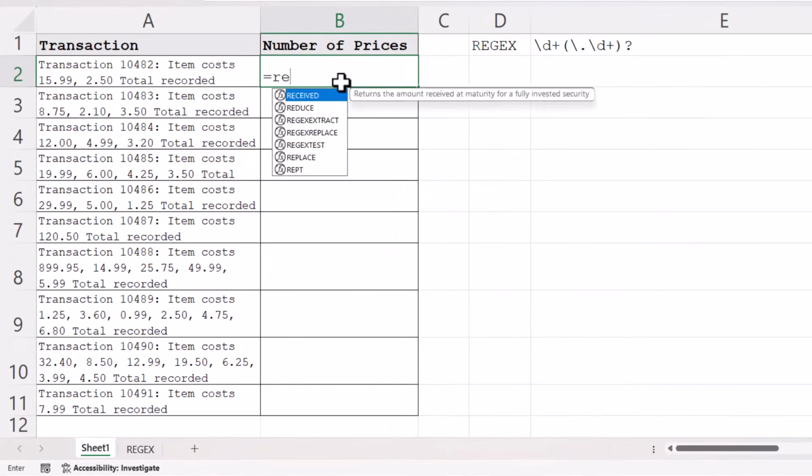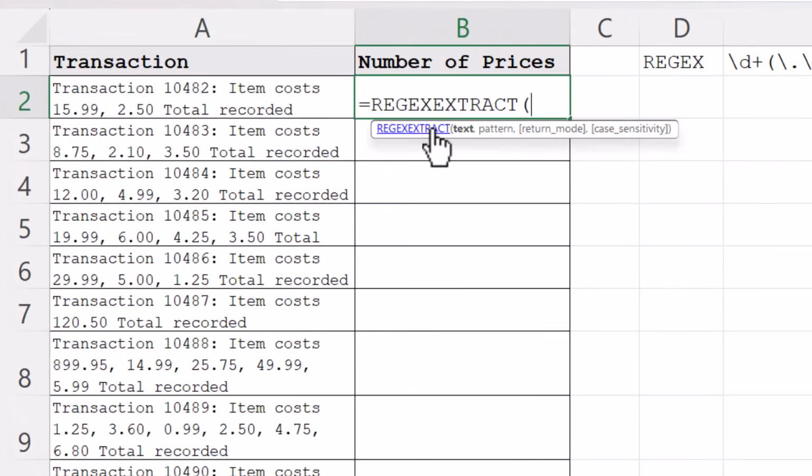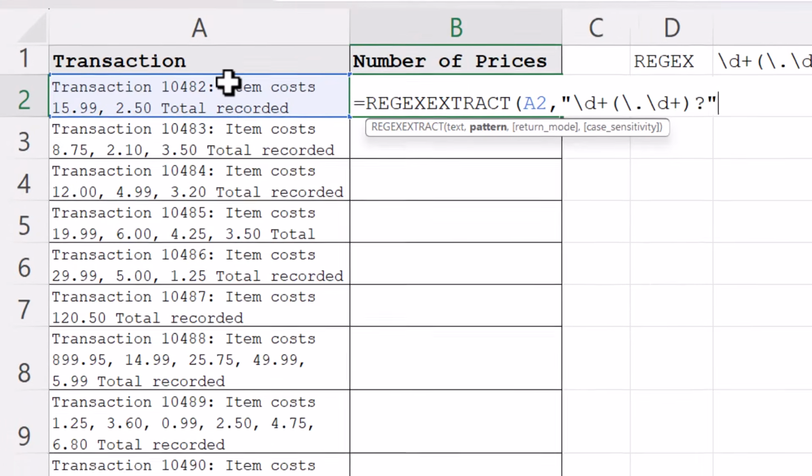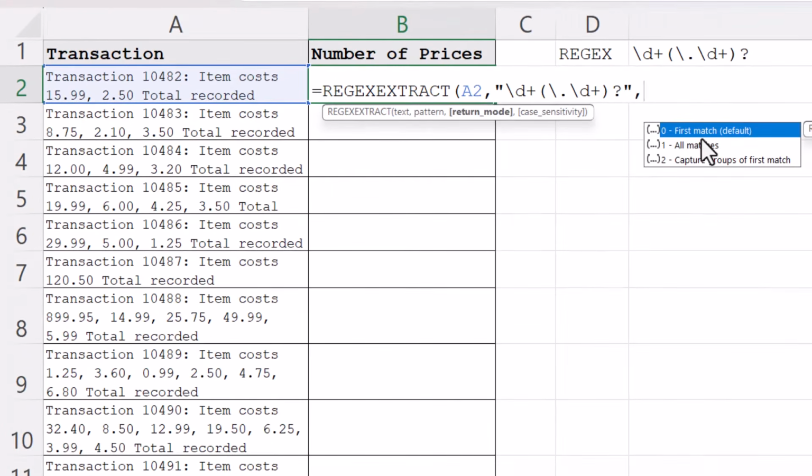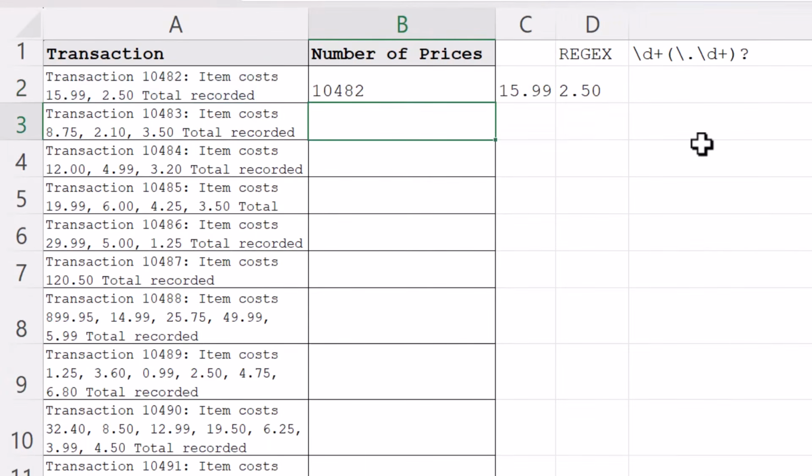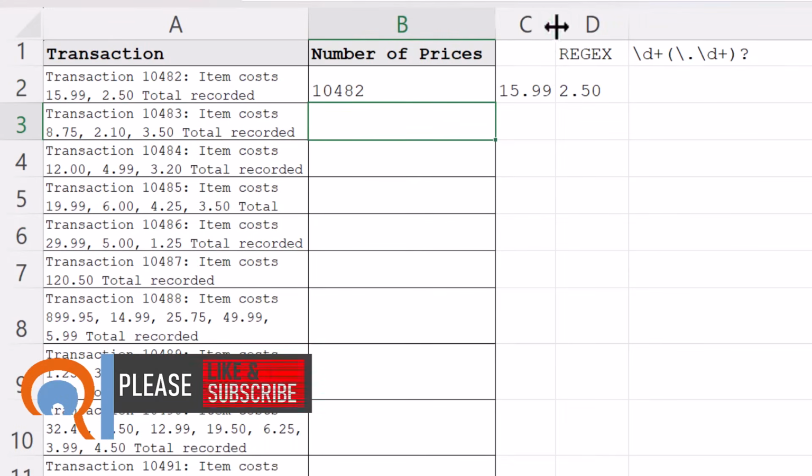So we're going to use regex extract. The text is here in A2, and the pattern is to go in speech marks as your regular expression. And the return mode is going to be all matches. We want to return all numbers. And if I close the bracket and press enter, you can see it returns each of those numbers, but each